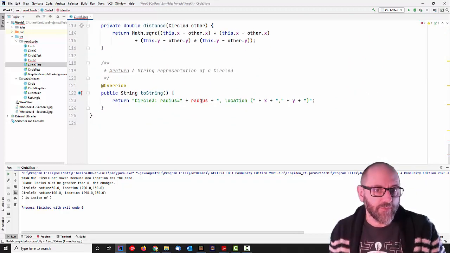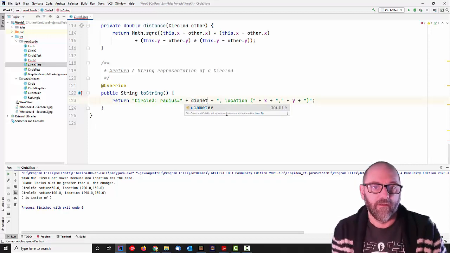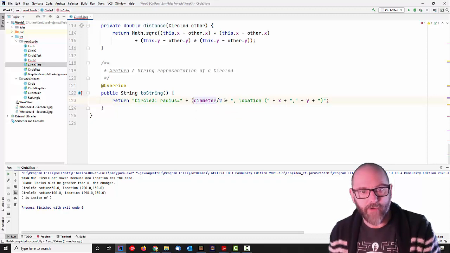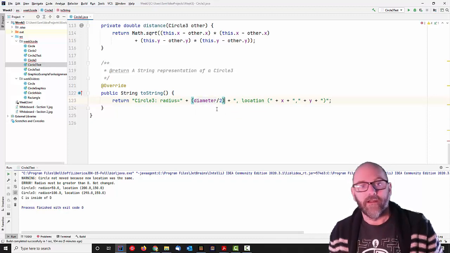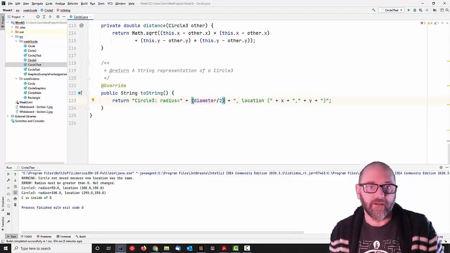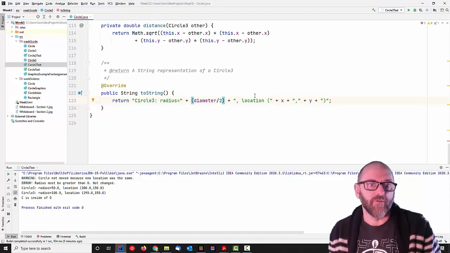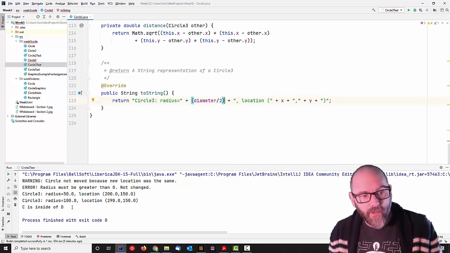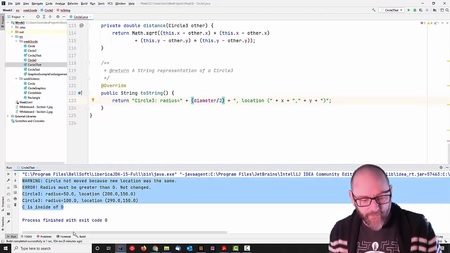And then even the toString. We're not even going to change the toString, other than changing this to diameter divided by 2. I don't think I need to, but I'm going to bracket this just in case, because we're doing arithmetic inside of a concatenation, just to make sure that we do the division before we do the concatenation. So I can copy and paste this old output,